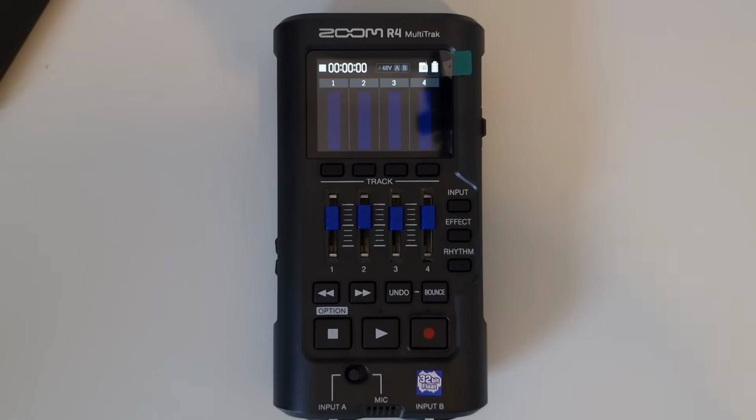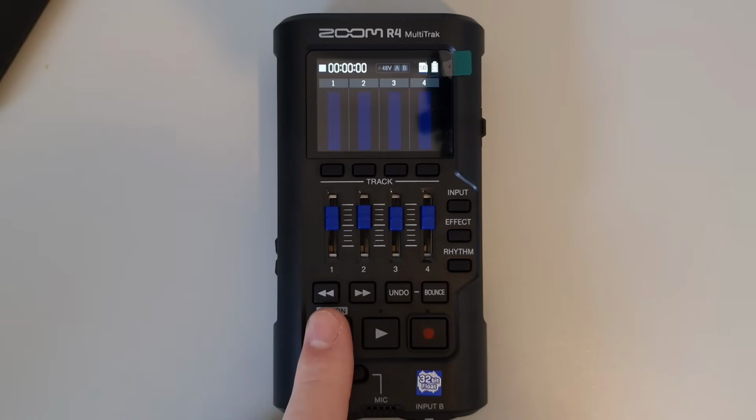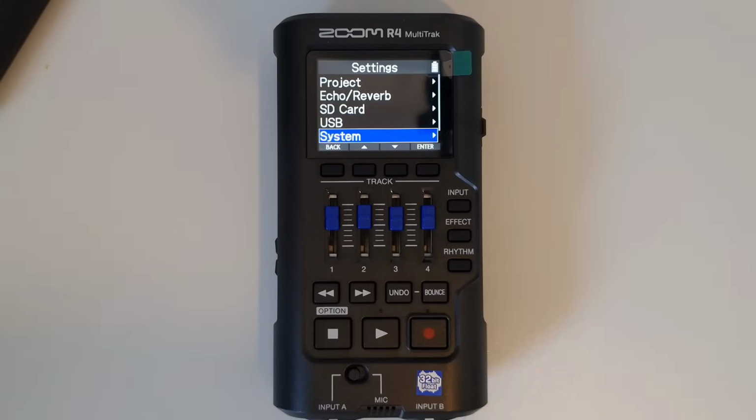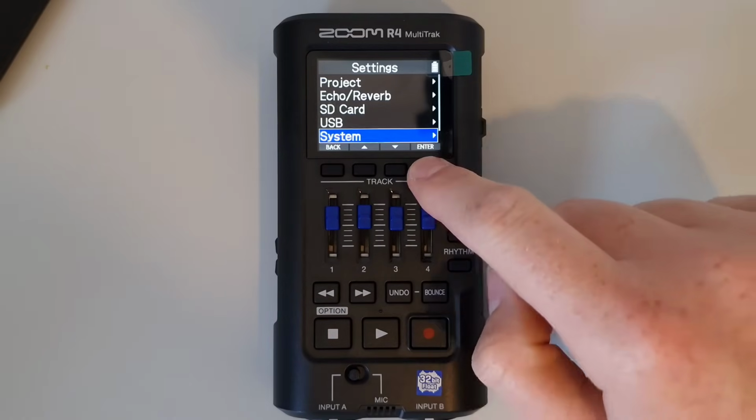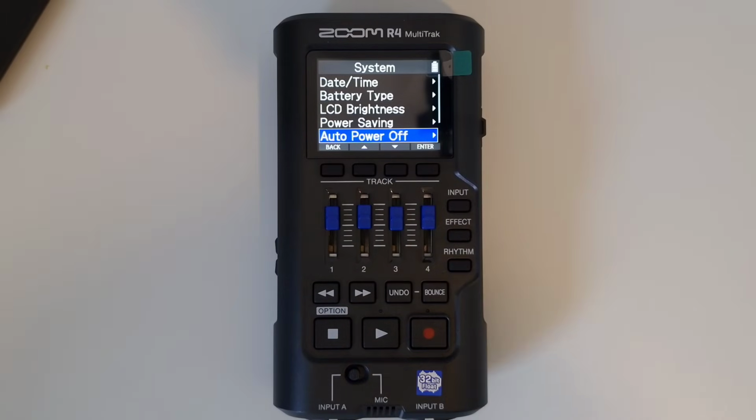How to restore to default factory settings. On the home screen, press and hold the stop button and then press settings when it appears. Use the up and down buttons to select system and then press enter. From here, select factory reset